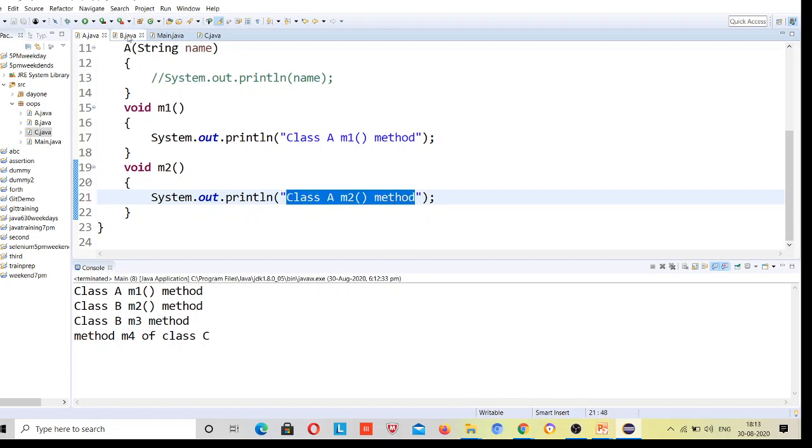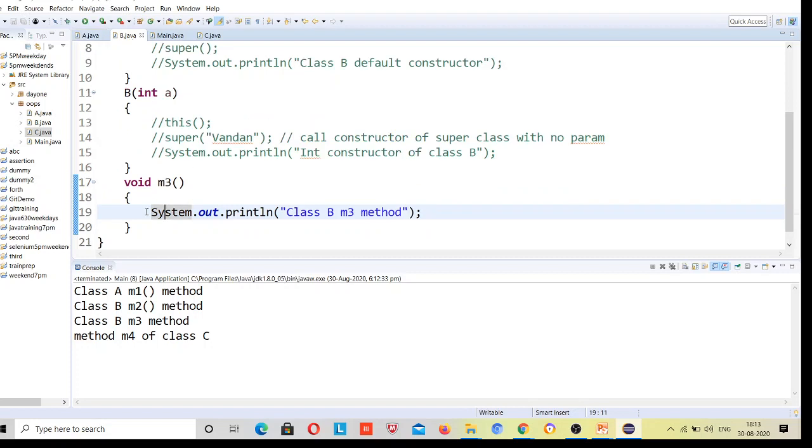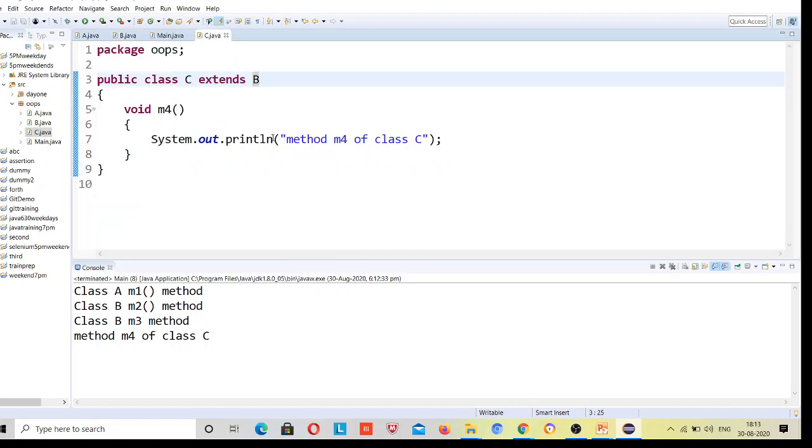I will show you the difference between these inheritances. Class P and class C. Now I'll run it.